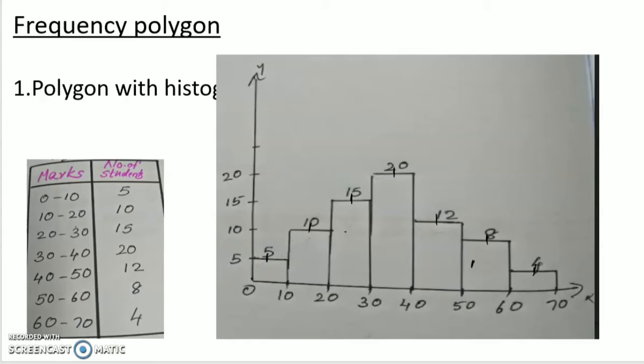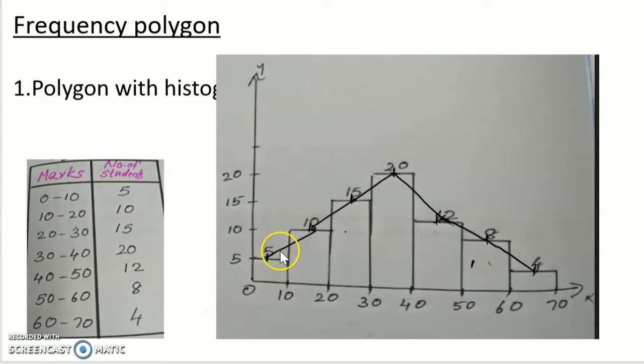see here I joined all the points with a scale. And the other point that is very important is the total area under a histogram should be equal to total area under a polygon. So here this point has no end, the end is at this point only, so we have to extend this point to here.